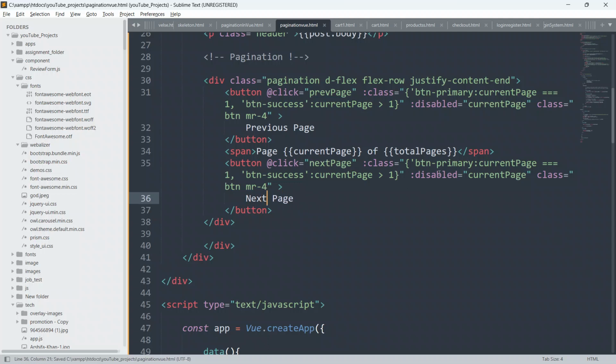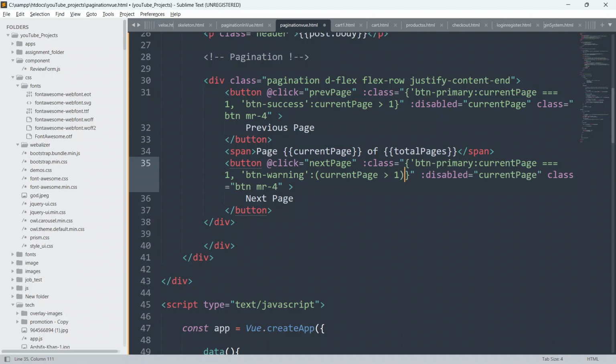And we will change the other attributes also. So I'll give here btn primary if current page equal to 1, and I'll give here btn warning. I'll just check the conditions here.